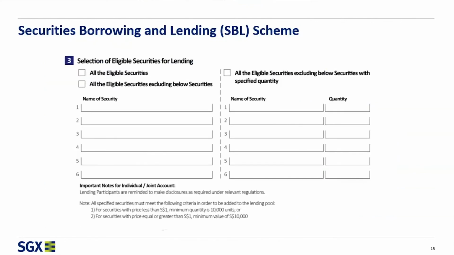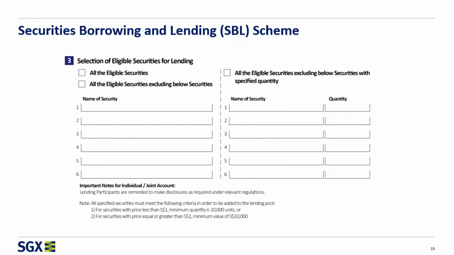Right now, I would like to focus on this section where we mentioned that you do not need to put all eligible securities as part of the lending pool that you are lending out. Okay, why you might want to do so, we will explain a bit more later. But right now, there's section 3 of the form over here. This part is being zoomed in, where you can tick that you want to include all eligible securities.